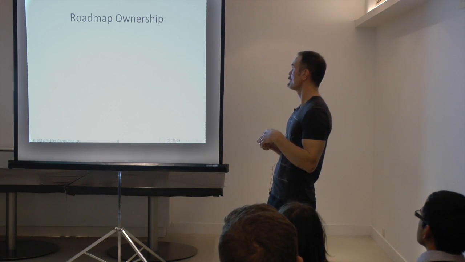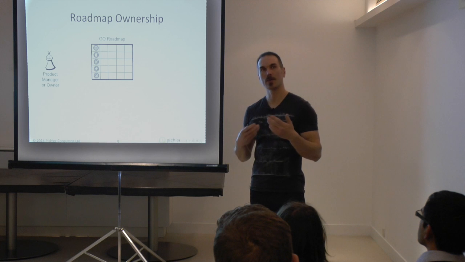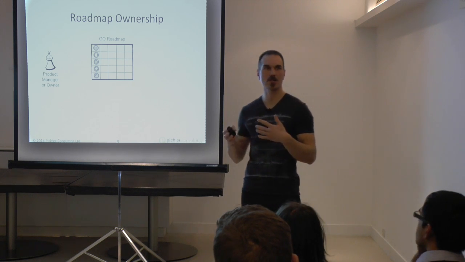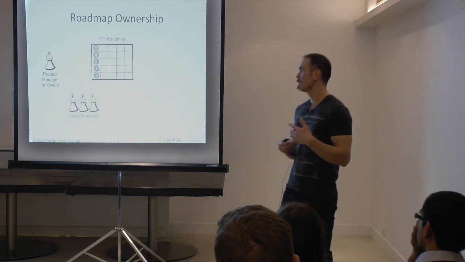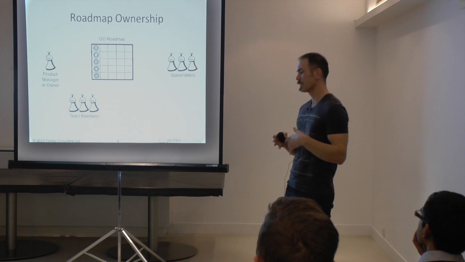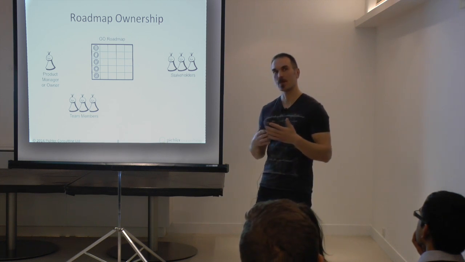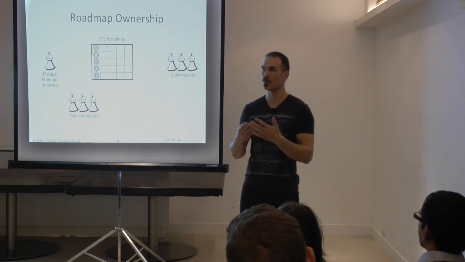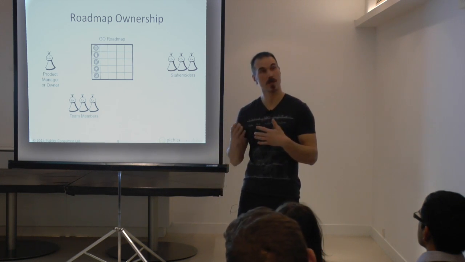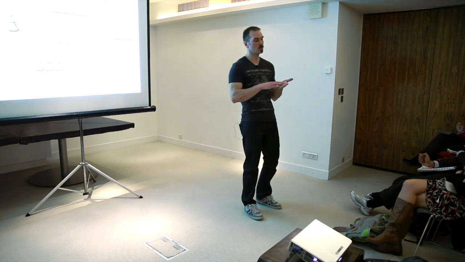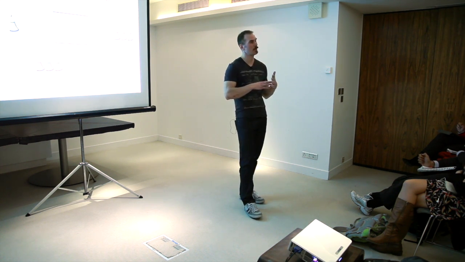So I would suggest, here's our roadmap, that there are, in a way, three major parties that are interested in the roadmap. The product manager or product owner, the people who build the product, the team members, the development team, and the stakeholders. And the stakeholders may or may not include external stakeholders. So I think it depends a little bit on what product you develop, and what your focus is. Sometimes it may make sense to use an internal and an external roadmap.